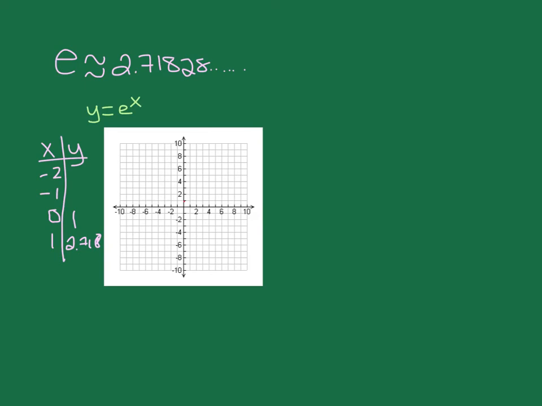It will have a y-intercept of 1. You'll find that all exponential functions have a y-intercept of 1. The other thing is that it grows really, really quickly, and it has an asymptote at y equals 0. So it's really similar to all other exponential functions, but it just uses the letter e instead of a numerical